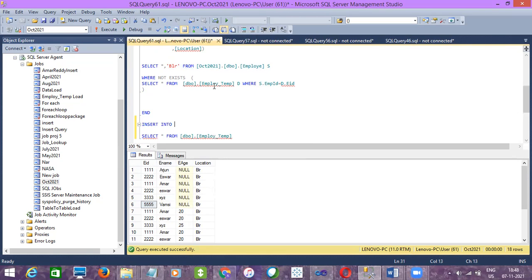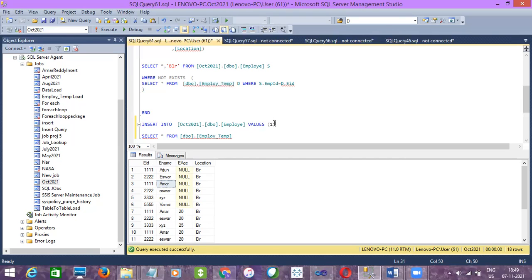Insert into table name, values. It has to insert one row if I execute the stored procedure. Now the stored procedure got executed, but since there was no data in the source that was not in the destination, it did not insert anything. So I'm inserting one record which is not there on the destination. Once we execute the stored procedure again, it should insert that record.